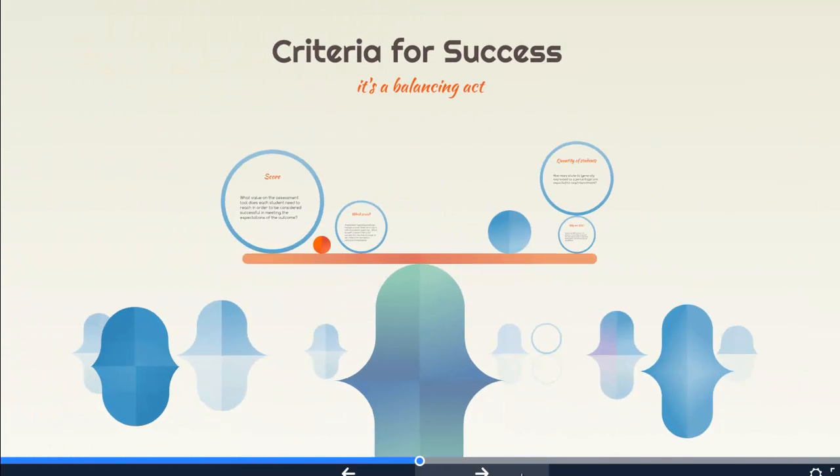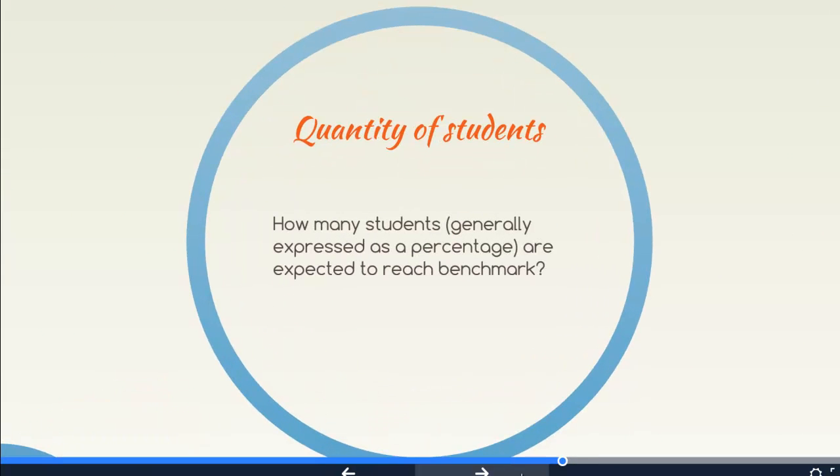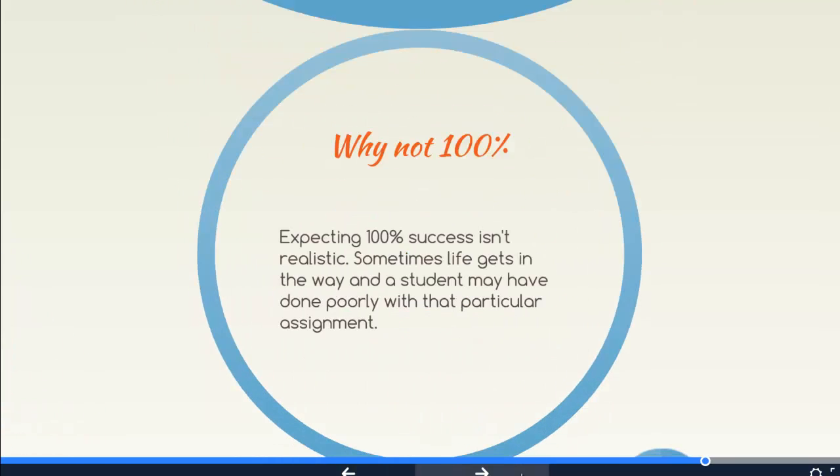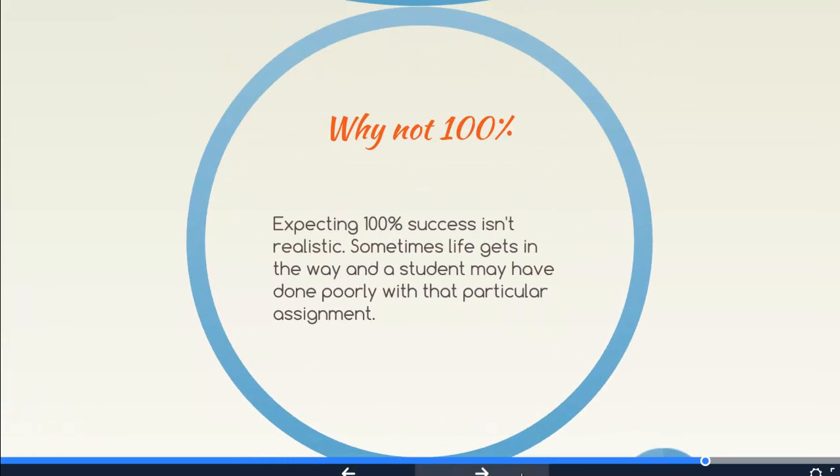The second part of criteria for success is the quantity of students. How many students, generally expressed as a percentage, are expected to reach that score or benchmark that you have set? Typically, we do not expect 100% of our students to reach that, as it's just not realistic. We're looking at one point in their entire learning experience, and students might have not done well on that particular